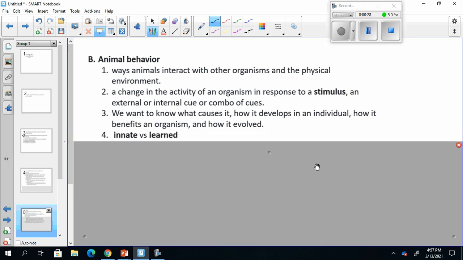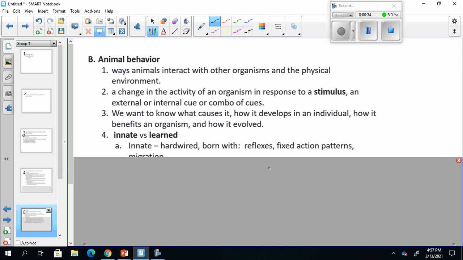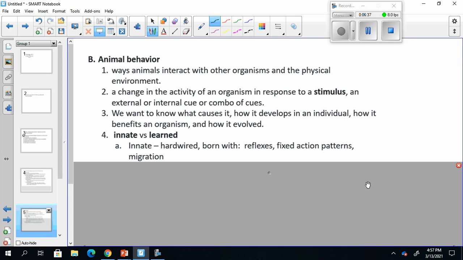All right, there are two types of behaviors. Innate, you are born with, and learned, you pick up along the way. Innate are things like your reflexes. If you go into the doctor's office, your mom didn't prep you and say, hey, they're about to bang on your knee, when they do that, give it a good kick. Nope, no one told you. You did it right from the very beginning. So that is an innate behavior.